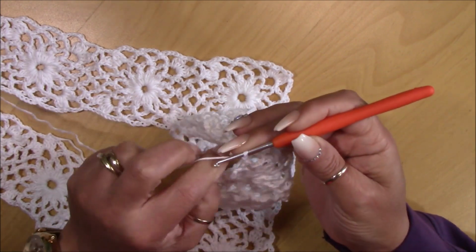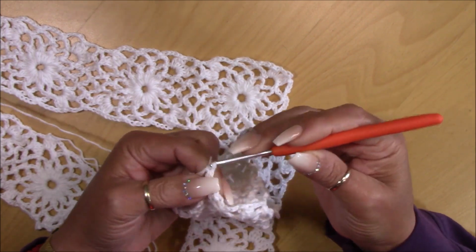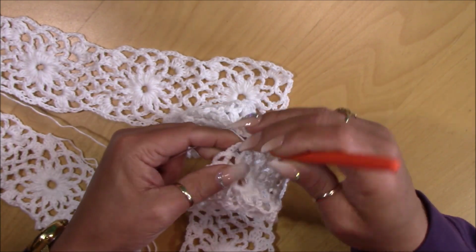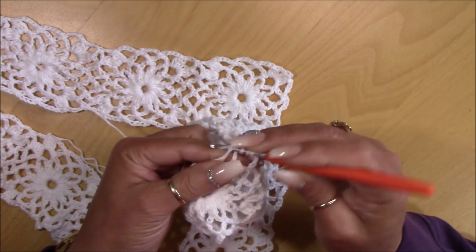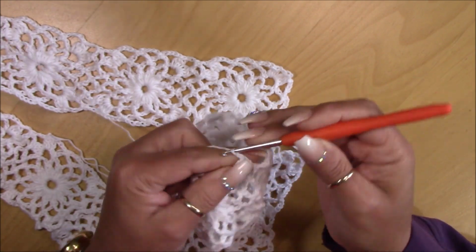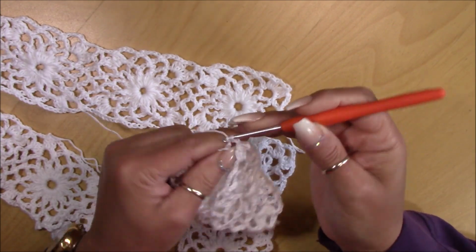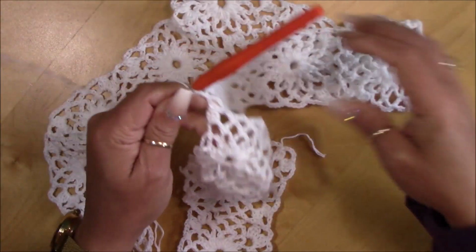and chain 2, single crochet, chain 2, yarn over, and we're going to work on the last corner. So you're going to do your 3 double crochet that you're going to finish, 2 and 3, you're going to close those 3, chain 2, go to the center of that corner, single crochet, chain 2, and now we're going to finish that